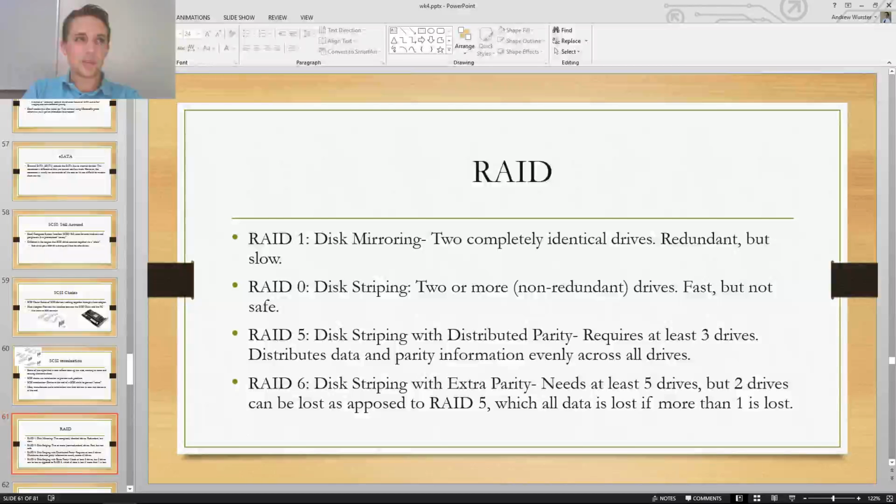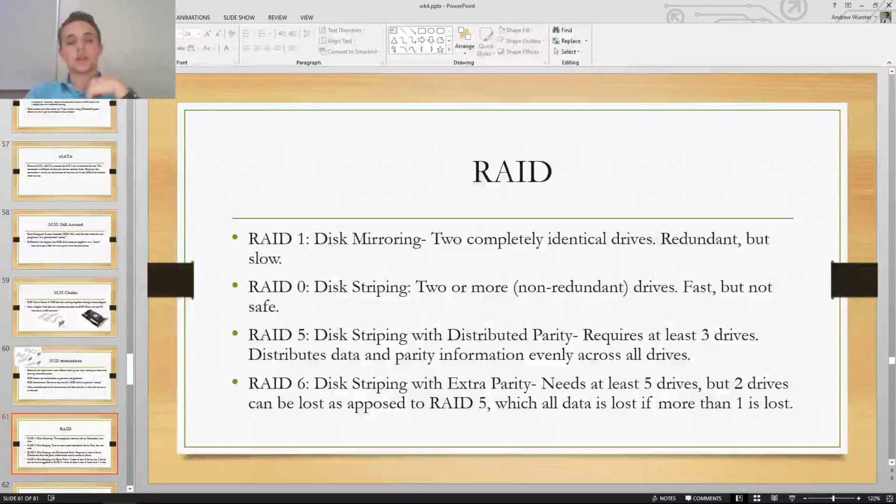Sometimes this is used with gaming. I don't see RAID 1 used a whole lot, but every once in a while I'll see it in like a desktop. You know, someone will have two drives and they'll mirror their data drive. I usually have a separate drive for data and one for my OS, so if my OS crashes, I still have all my data. RAID 5 and 6 are used commercially, and this requires at least 3 drives,